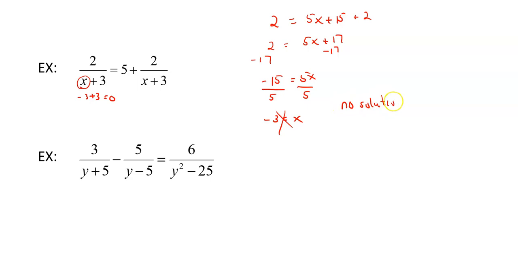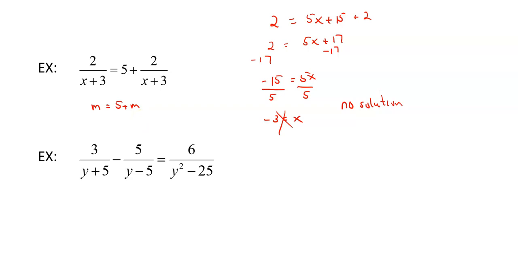Now that I did this, go back to the original question, and you realize it was kind of a silly question to ask, wasn't it? It was something equals 5 plus the same thing, right? So it was like m equals 5 plus m. Well, unless m is equal to 0, that statement can never be true. And there's no way you're going to get 2 over x plus 3 to equal 0,